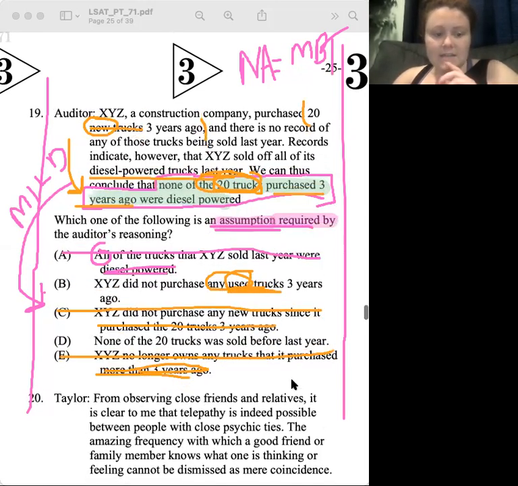Okay, but why does D have to be true? Or why is D needed? So do you see none of the 20 trucks purchased 3 years ago were diesel? What happens if we sold one of the 20 trucks before last year? What if we sold one of these 20 trucks 2 years ago? Then